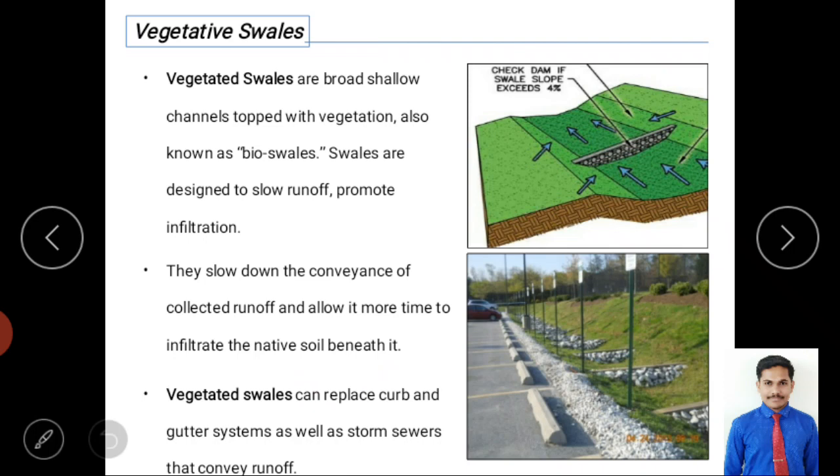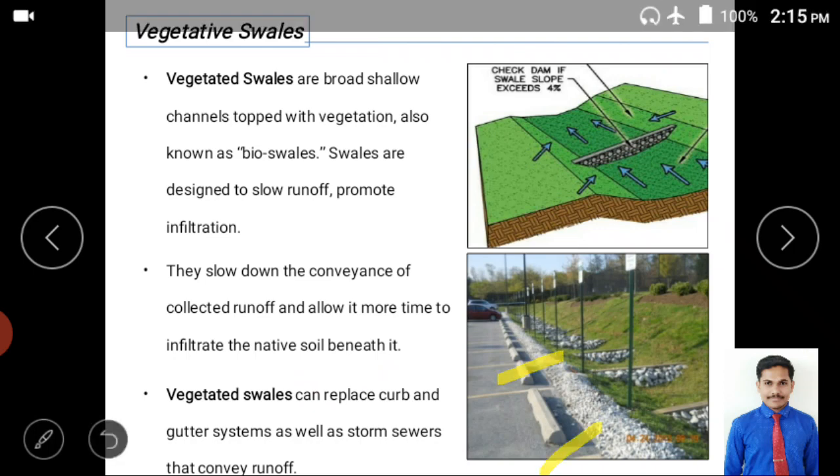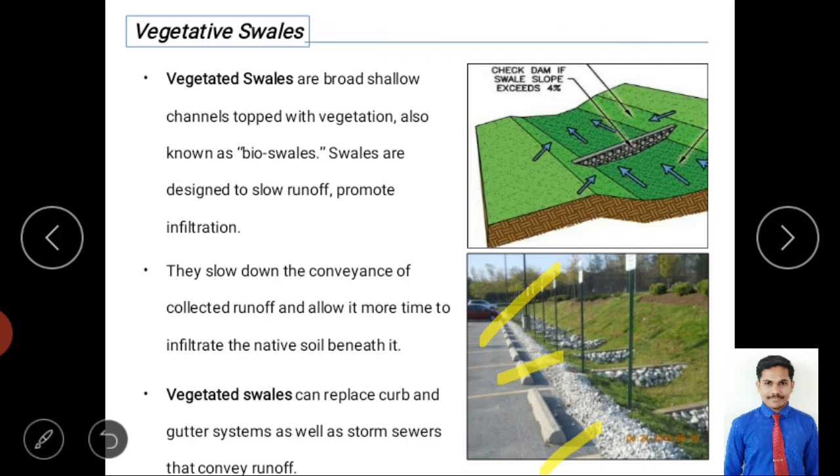So vegetative swales are like infiltration trenches, but here it is continuous. They are on either side of the road. We can provide them continuously like a drainage network. You can see here it is a road, and in between the road some small openings are there, right? So here it is not impervious, and it is not fully excavated, just small excavated, like a side drain. So here you can see small check dams are constructed, right? Small check dams with locally available stones, and even with permanent structures like concrete, right?